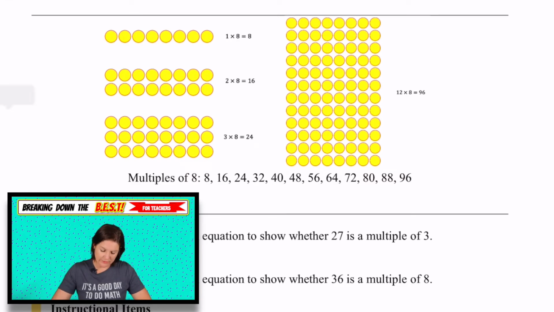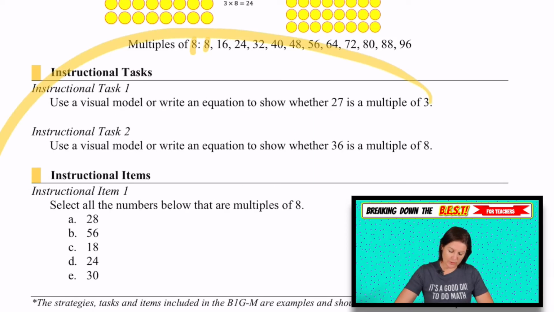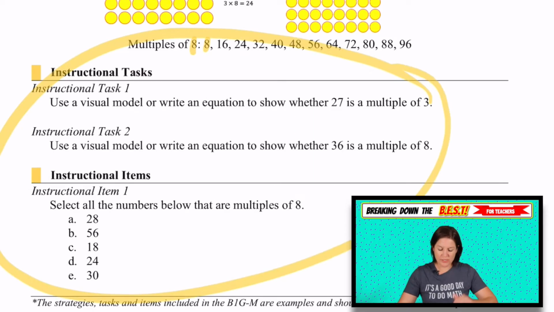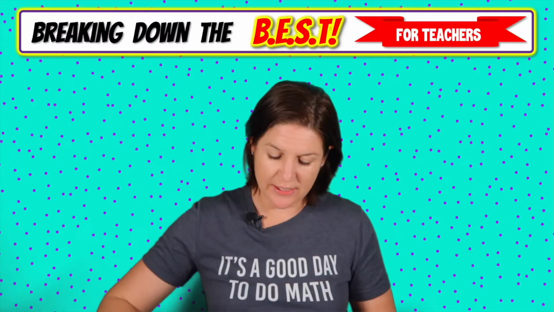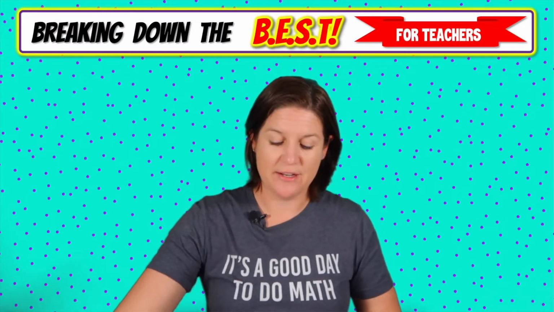But like right here, I love this. Multiples of 8 start with 8 times 1, which is 8. And it's showing that using an array. And these are some sample questions of what you can expect. It kind of just shows the standard in action. So you can take a look at those. And with that, let's go ahead and take a look at how the resources available in Taking on the Best